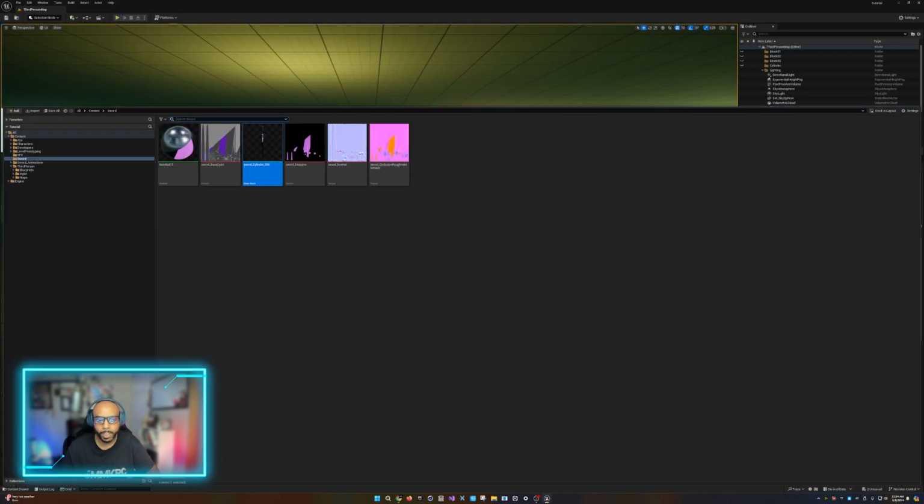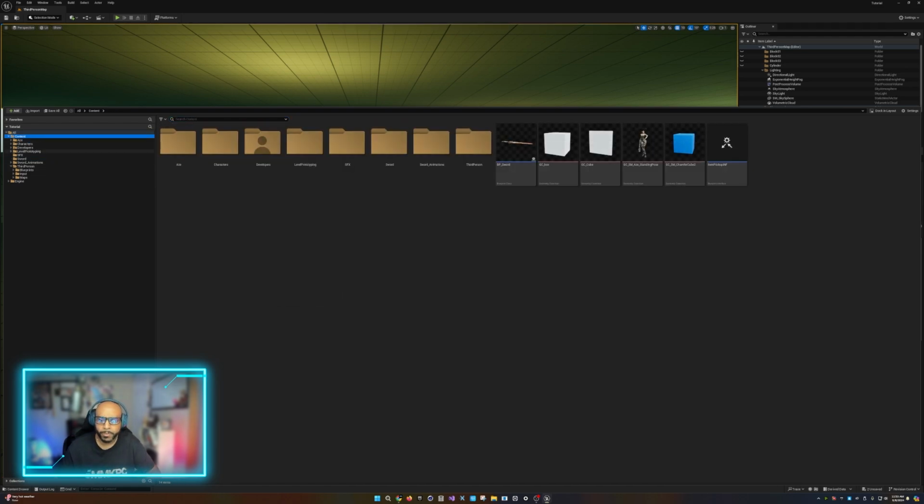We're going to go ahead and use another sword. We have a sword that I purchased off of CG Trader, or I think this one might have been free off of CG Trader. You can just go ahead and type in sword, and you have a selection of options there. The first thing I want to do is right click in the content drawer folder,